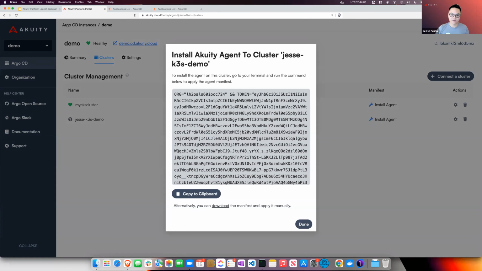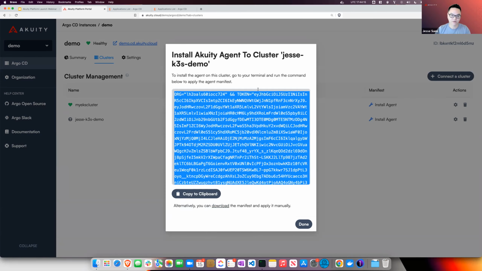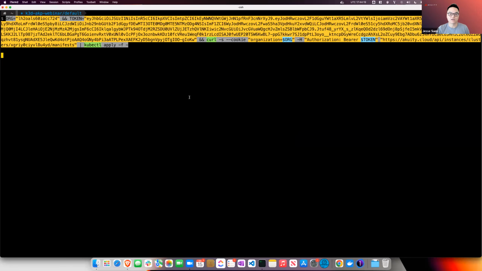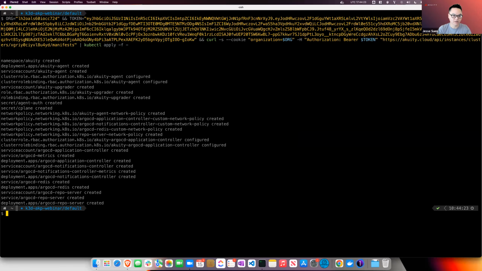Once this cluster entry is created, this is something different from the normal Argo CD: you copy this and install it into your managed cluster. I'm just going to install this in my local K3S, which I created before this meeting.